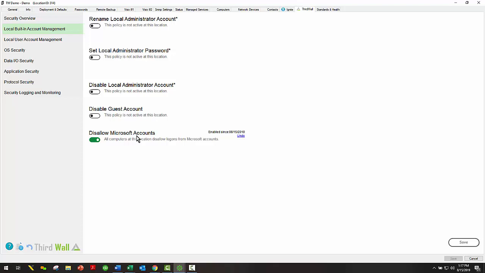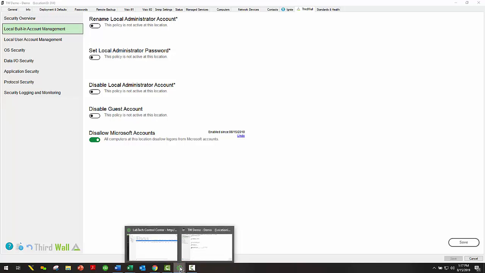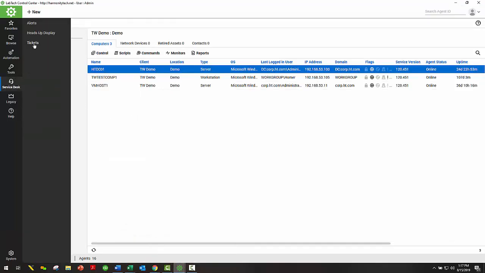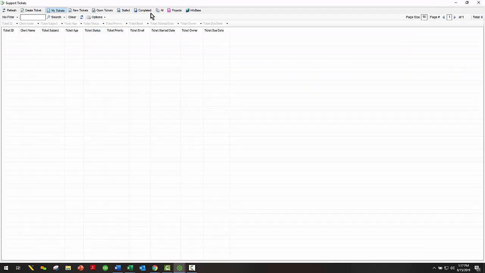First thing it does is it will do an auto fix. Set it back to the right setting. And again, we're going to catch that within 5 minutes, far faster than, for instance, group policy would ever catch it. We're going to auto fix it like group policy, but unlike group policy, we're also going to generate a ticket. So if I go to my Automate service desk, go to tickets, and I'll just open up all of